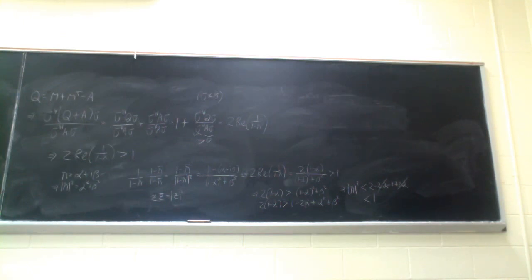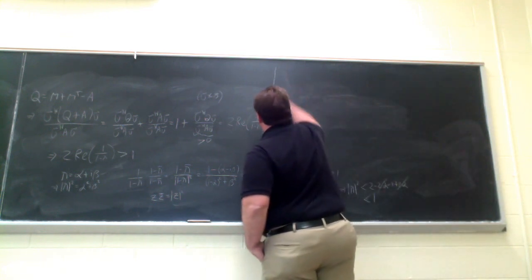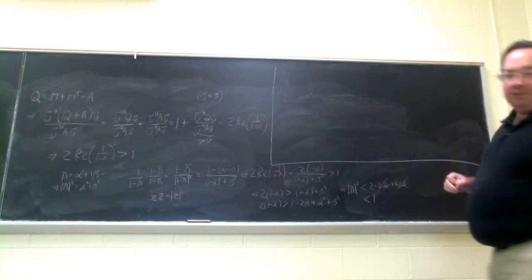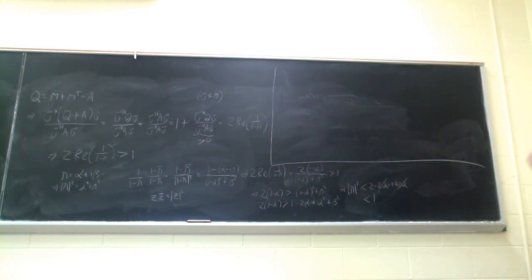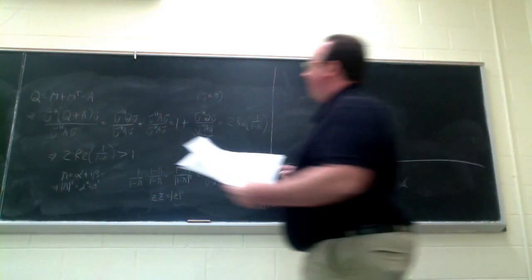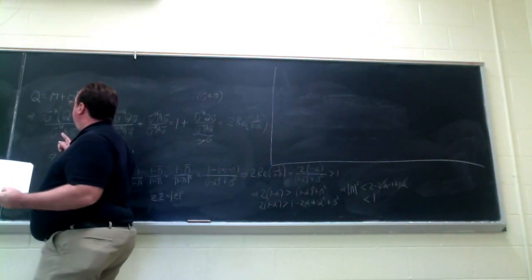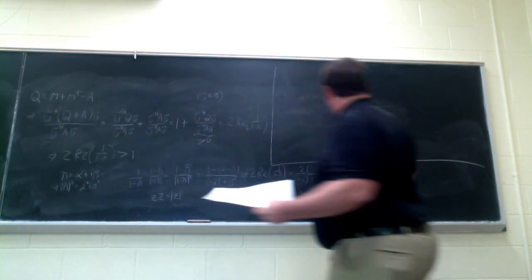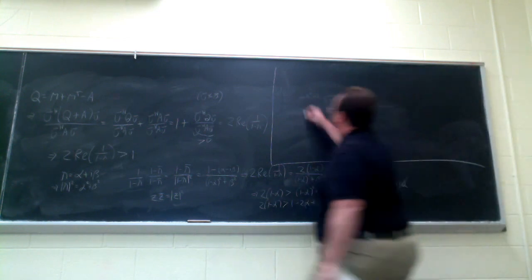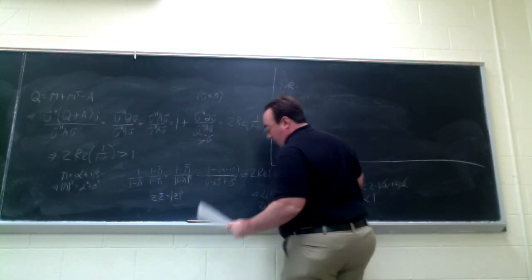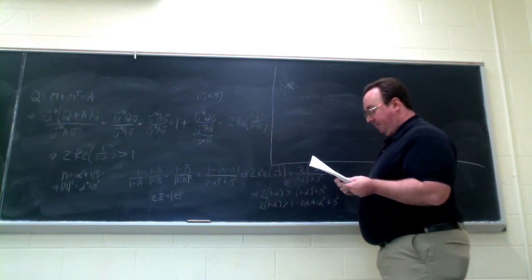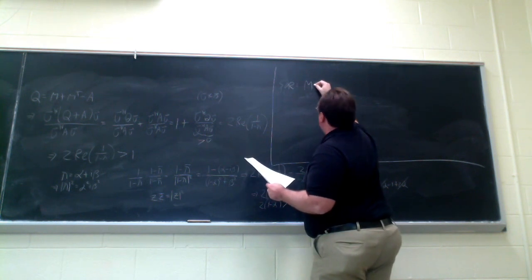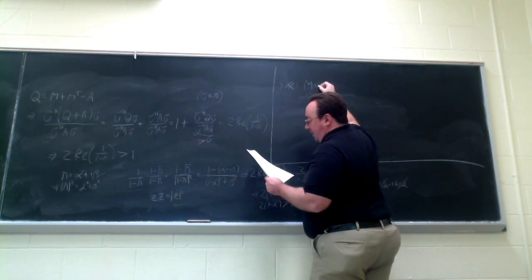So now let's specialize this. What I proved here was that if A is symmetric positive definite, and we have a splitting where Q, the splitting-dependent matrix, is also symmetric positive definite, then we get convergence. So now for SOR, we have the iteration matrix. So M is defined to be,